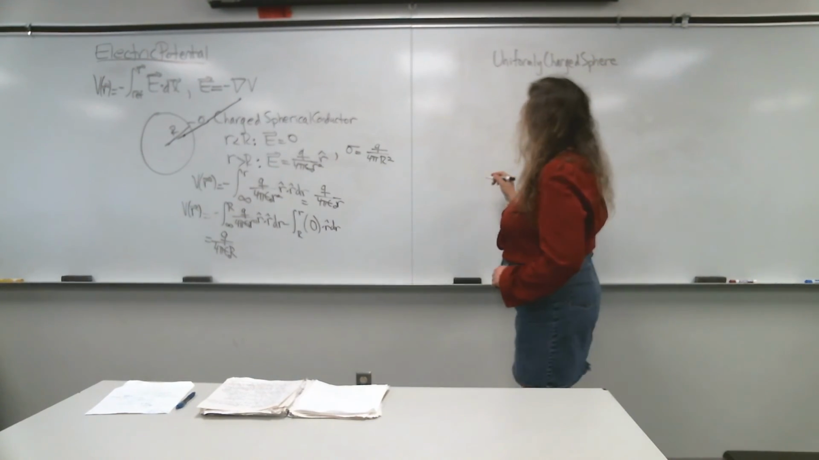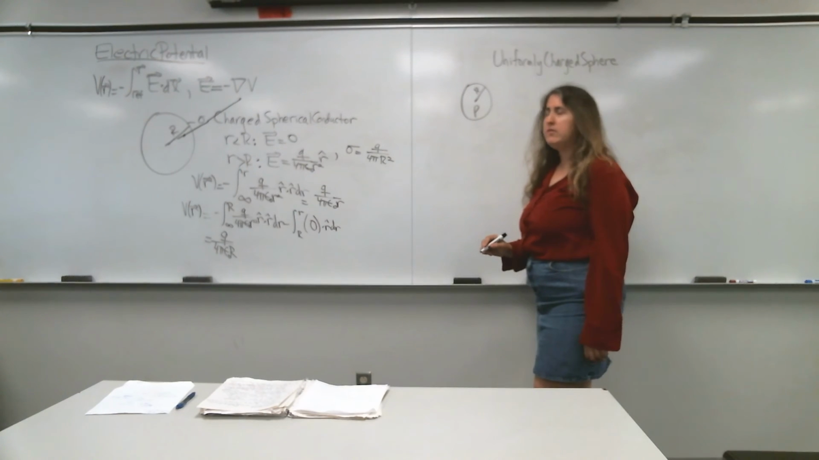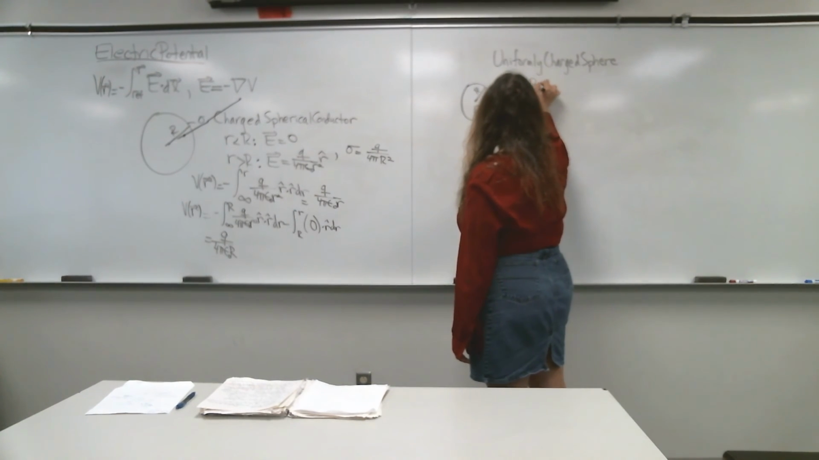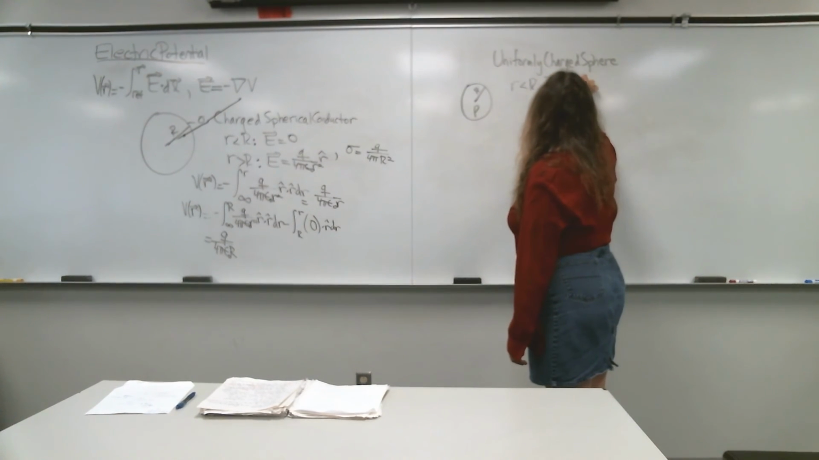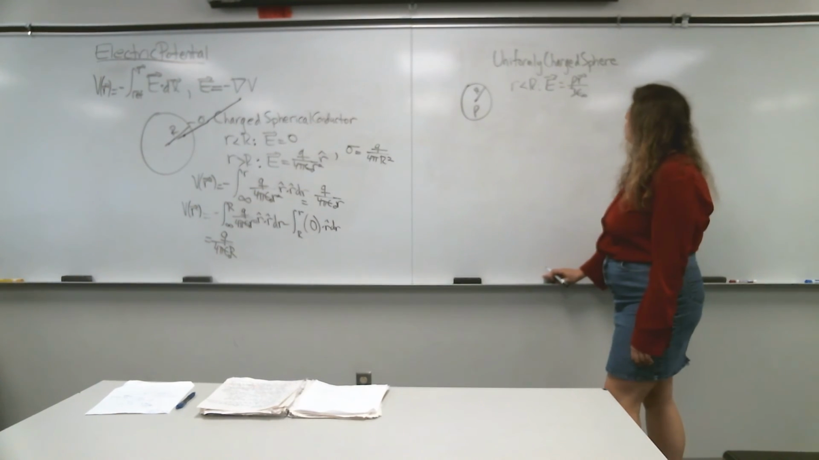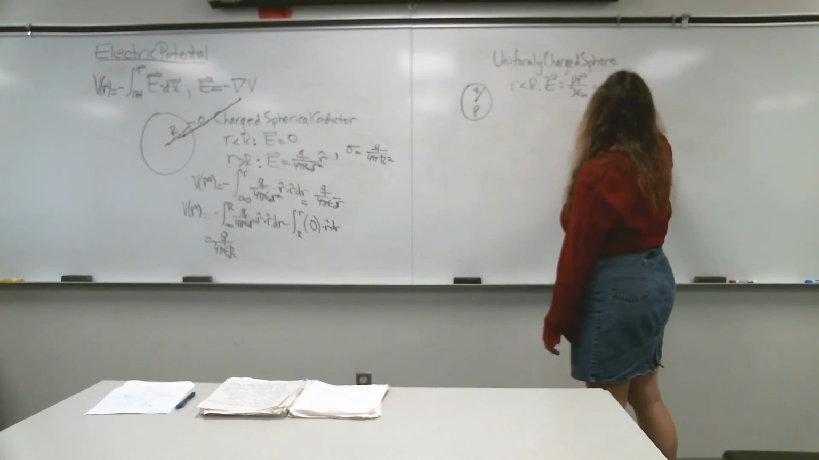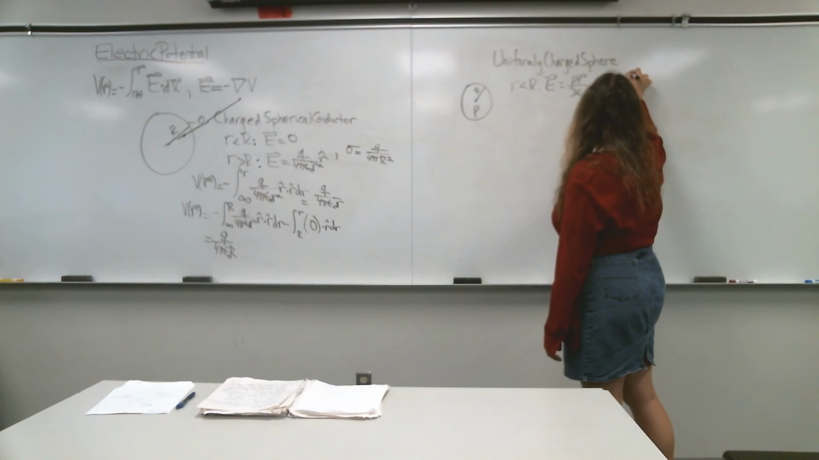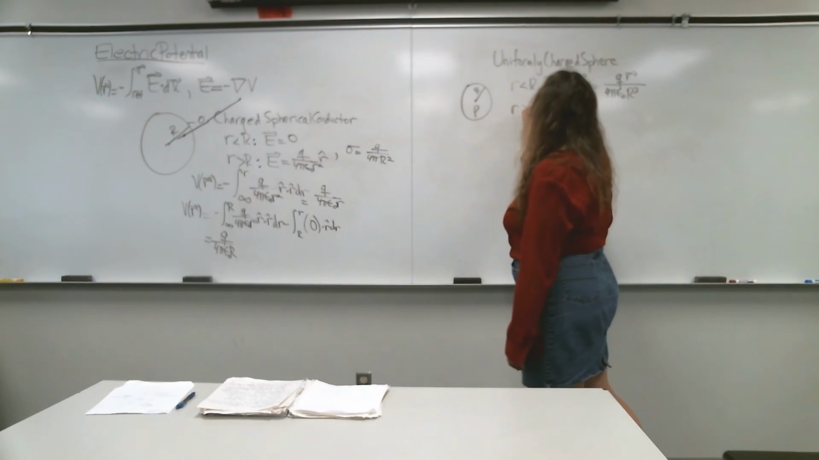Let's take a look at a uniformly charged sphere this time around. It has volume charge density rho. Inside, of course, the electric field does not vanish. But it has a value of rho r over 3 epsilon naught. And if I wanted to write that in terms of Q, that would be equal to Q r over 4 pi epsilon naught R cubed. Exterior solution,